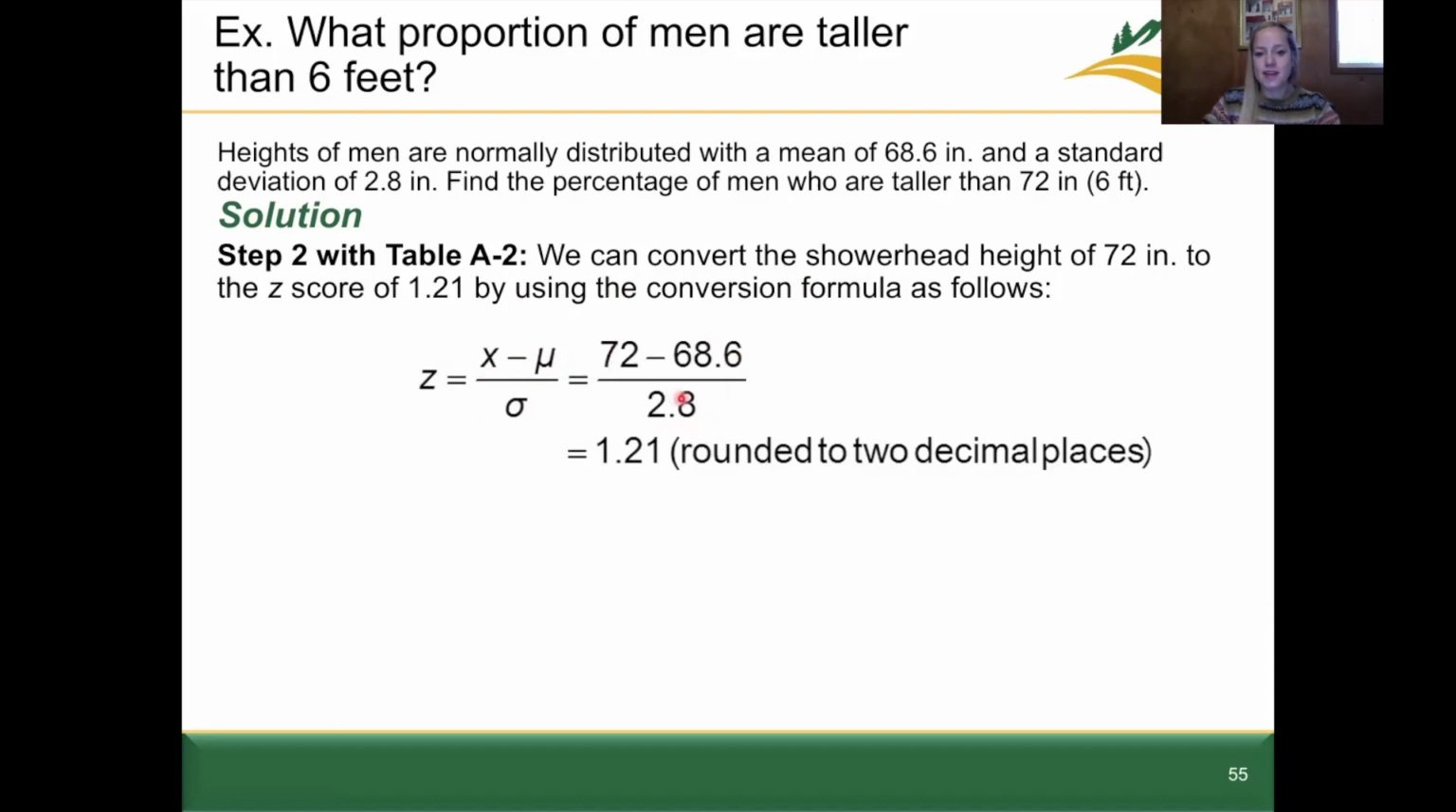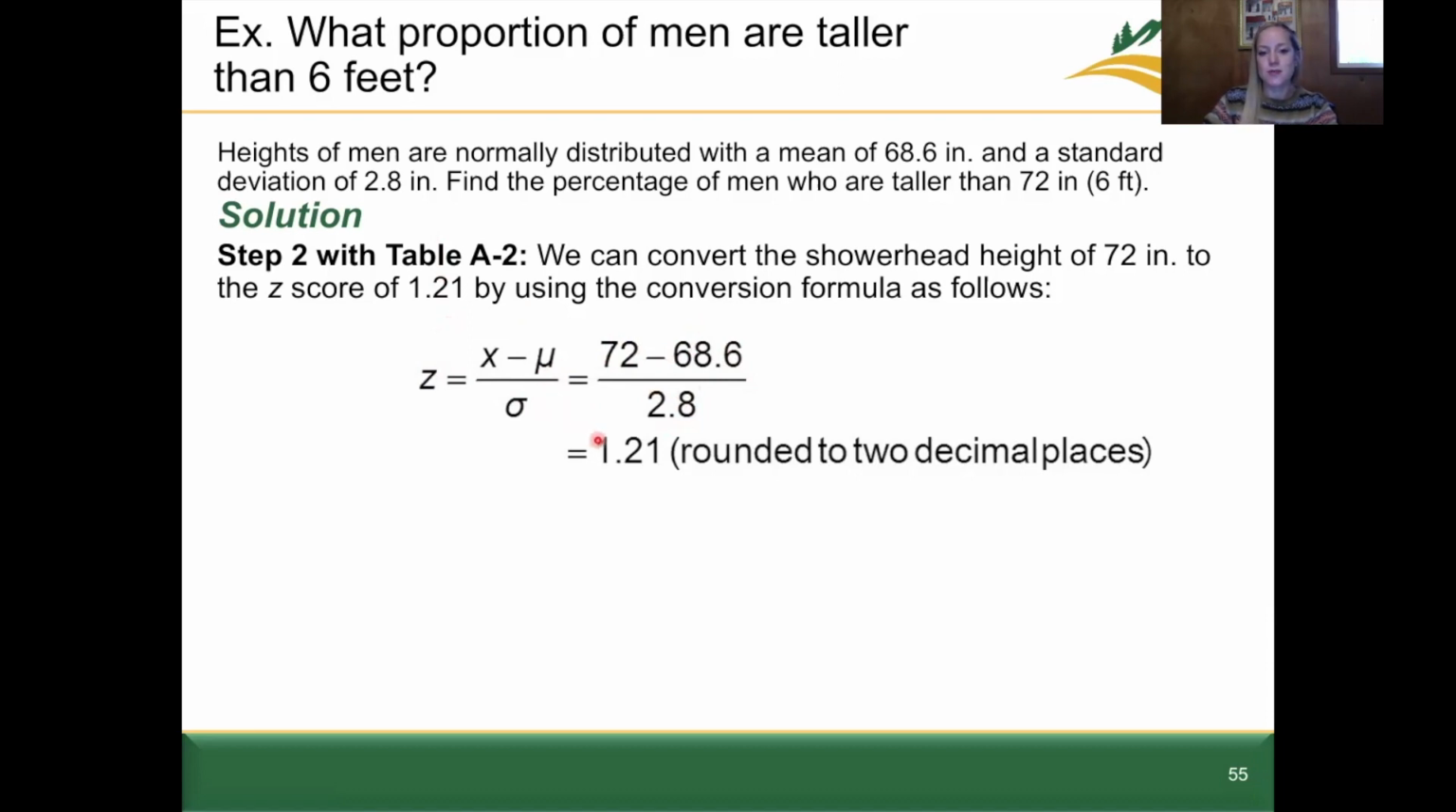Now, one thing again to keep in mind is that each of these values needs to be the same unit, which they all are here. They're all in terms of inches. 72 inches, the mean is in inches, the standard deviation is also in inches. When we find this corresponding Z-score for this given X value, for this given mean and standard deviation, we get